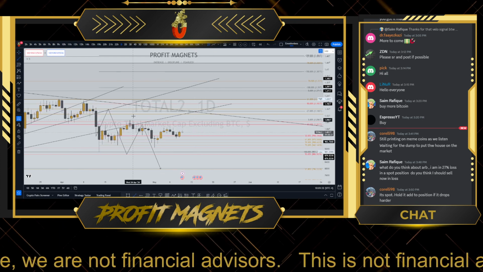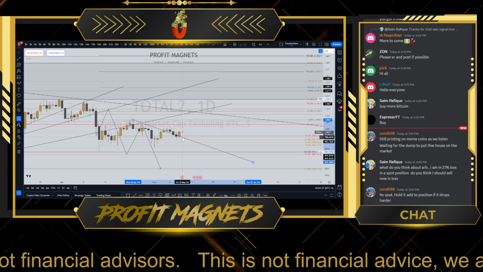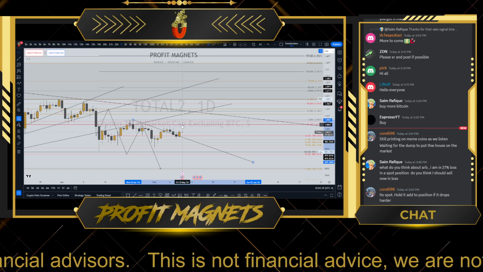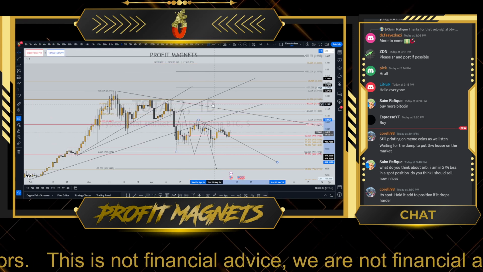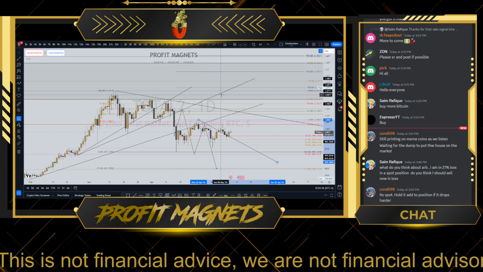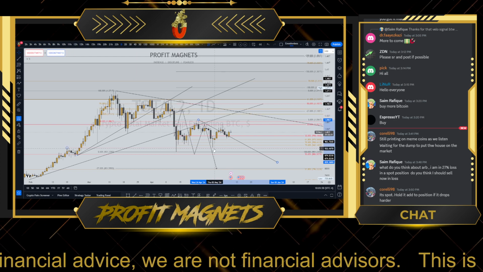We can also see that we have a short-term trend line, which right now is acting as support. We could even revisit this, potentially even breach to the upside, find resistance potentially around this area, around the golden pocket, or even to the trend line. And you may not even need to take out the high, okay? So, you know, that's a big if.